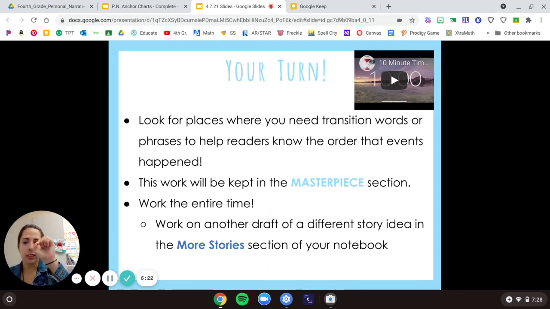Remember we talked about using that little caret, that little almost like a triangle, or drawing a line if you need to too. Okay? We will start to work on kind of cleaning up our drafts here soon. So just stick with me for a little bit longer while we work on getting our final pieces together, okay? So work on that. And if you finish before your timer is up, then you can work on a more story section. Let me know if you have any questions. Otherwise, thanks for joining and good luck in your writing, adding your transitions.